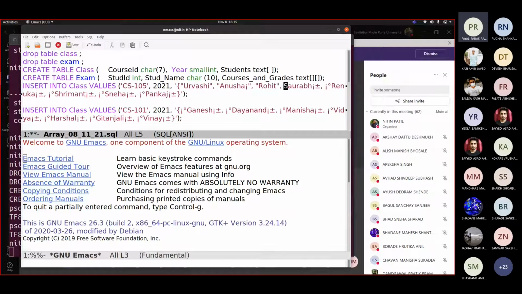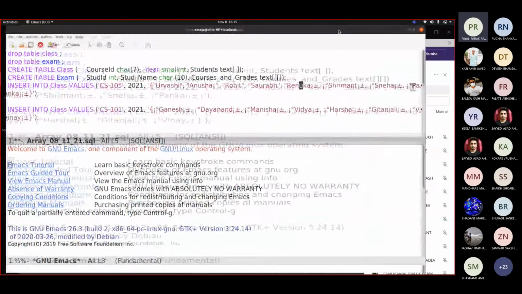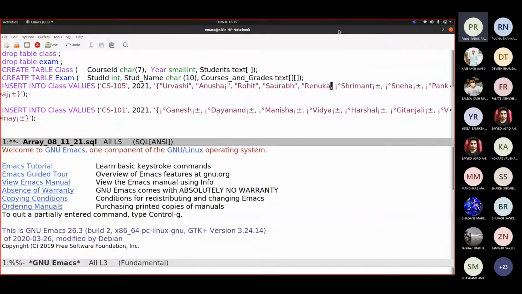Rohit, Saurabh, Renuka. Okay, done. So we have corrected the first one.